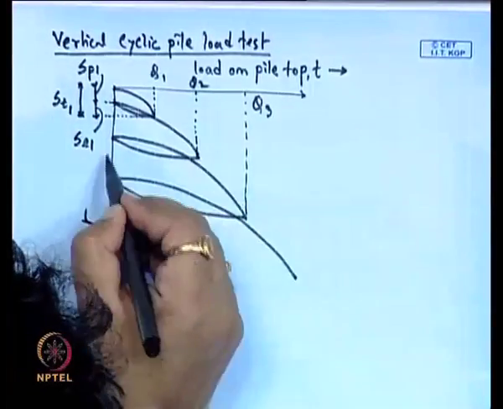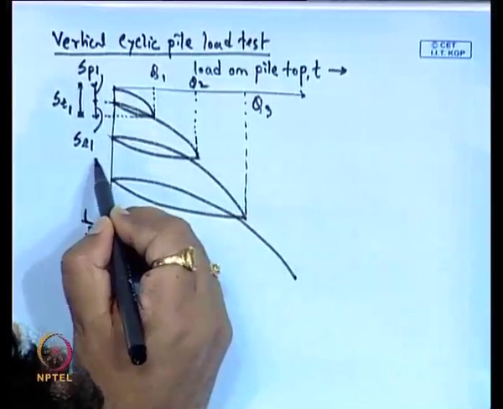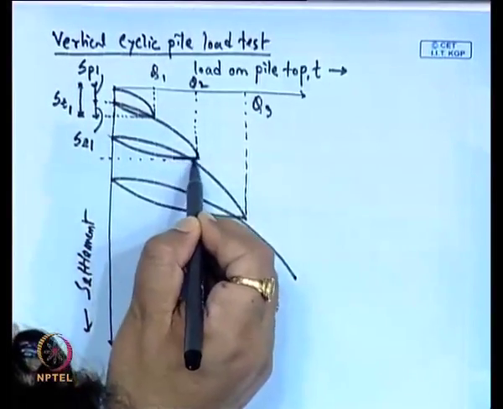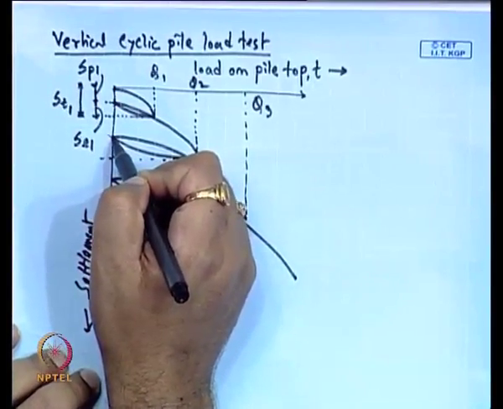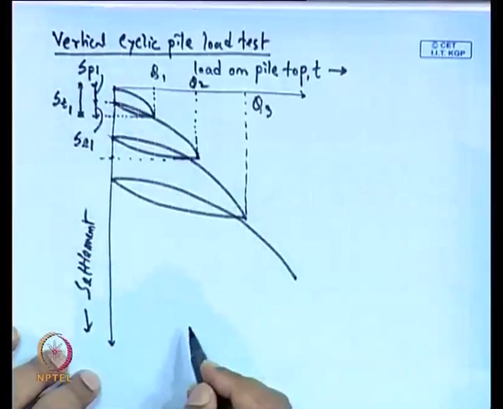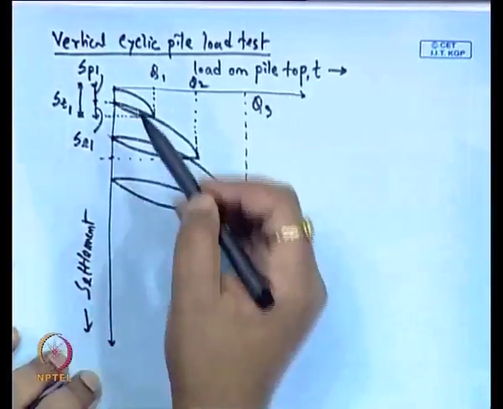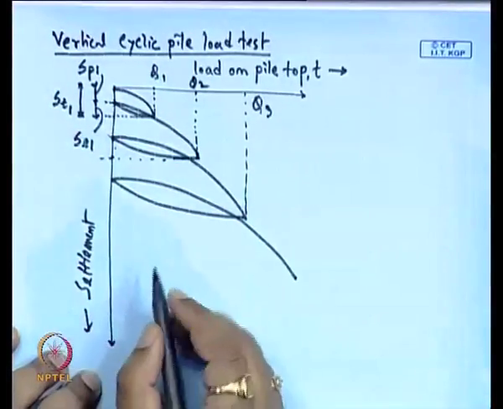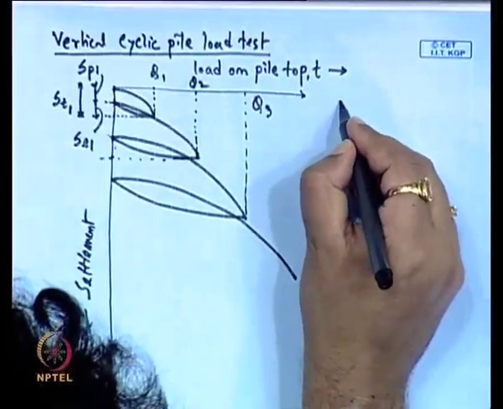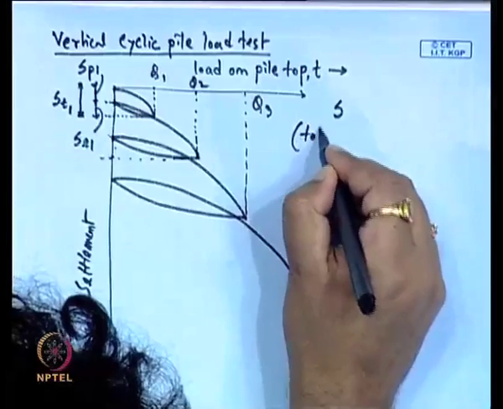Similarly, for the second set also, there are two parts. From this is the total, and then this is the plastic settlement, and this is the elastic settlement. Now every increment of loading will get one plastic settlement and one elastic settlement, that is for every increment. Now, if I write the total settlement, if S is the total settlement,